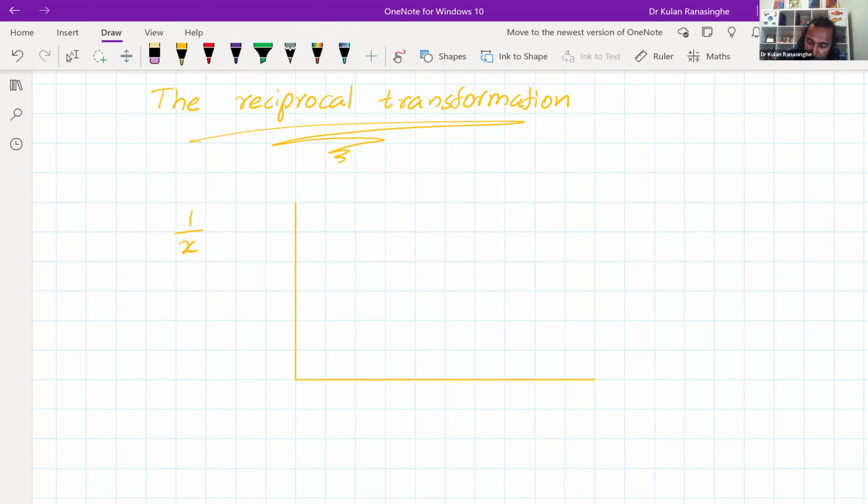So the 1 on x, like that. So we could basically work through if these values are close to 1, say you have values between